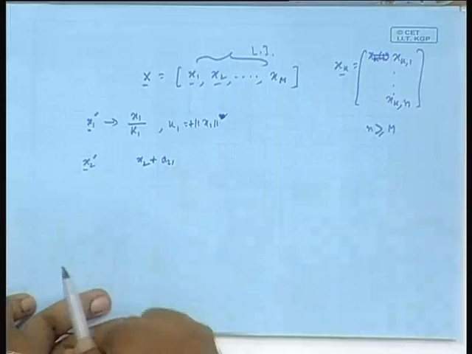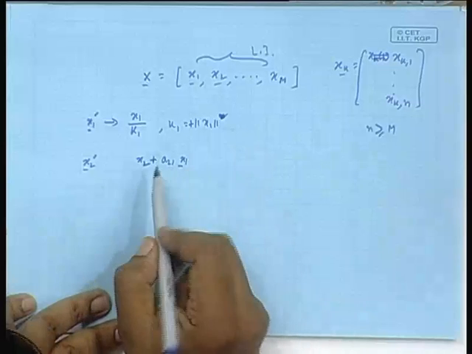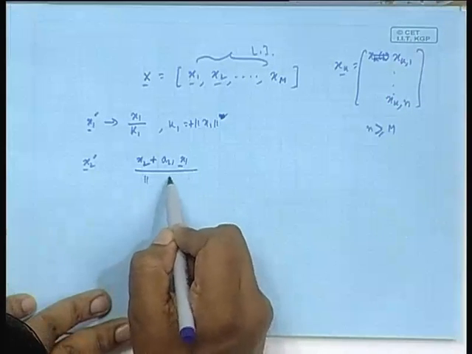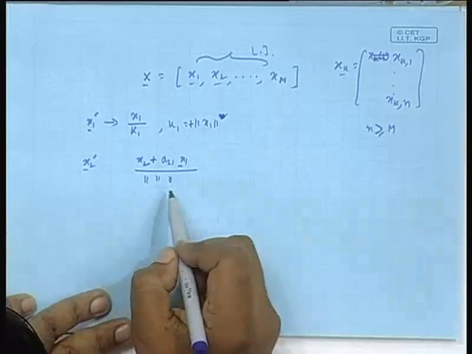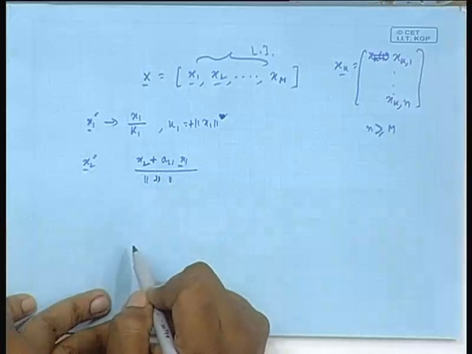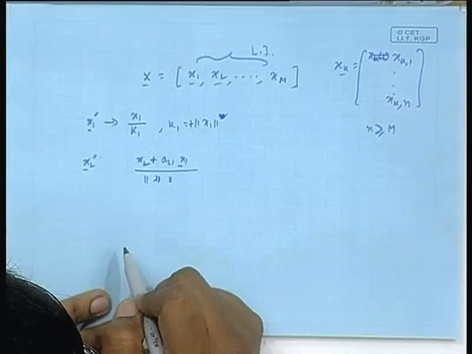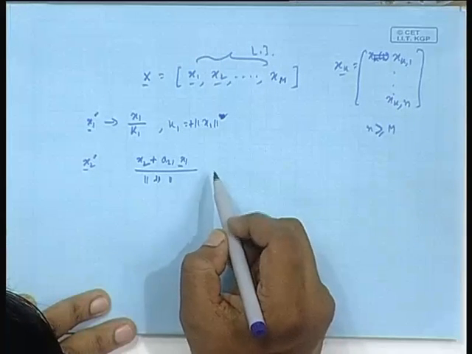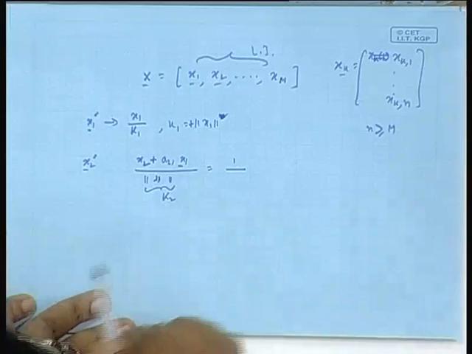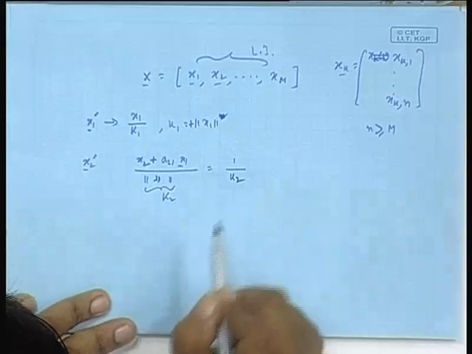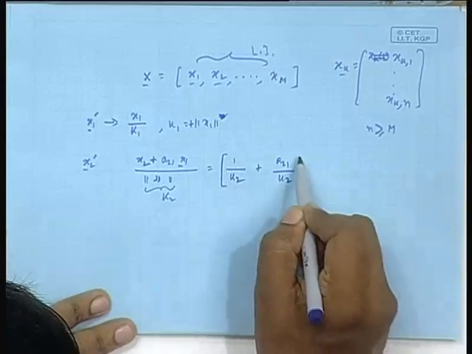Say a 2 1 into x 1, this is the vector, and then divide by the norm of the above. If you call this quantity k 2, this is 1 by k 2 times